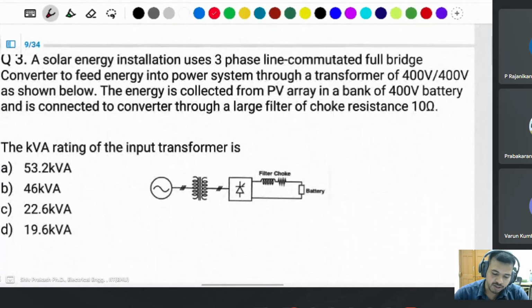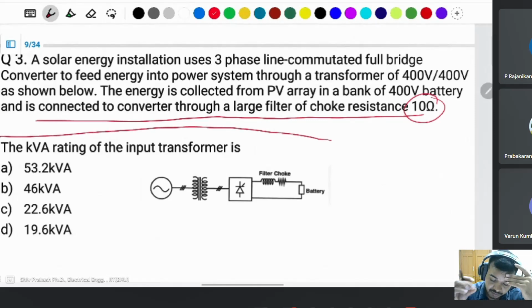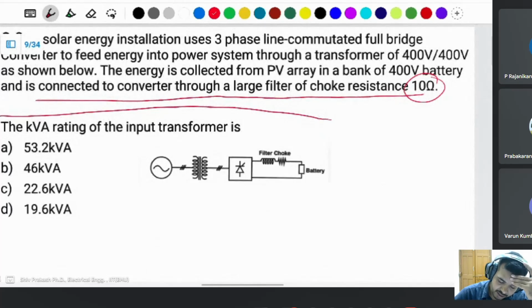A solar energy installation uses a three-phase line commutated converter. It will be the same question, I think. The battery and converter are connected through the 10 ohm filter. Then what is the kVA rating of the transformer? You know about the kVA rating? The kVA rating of any transformer, in a three-phase transformer, is